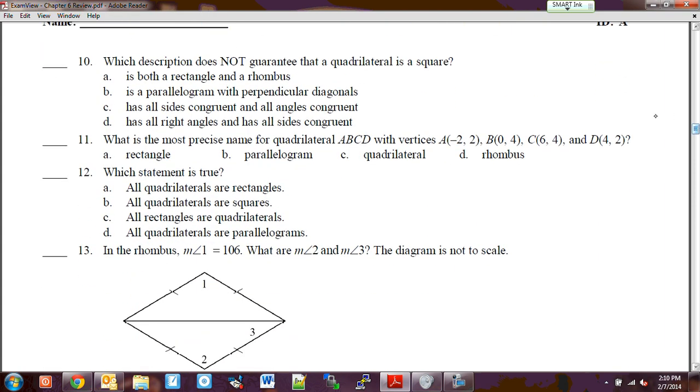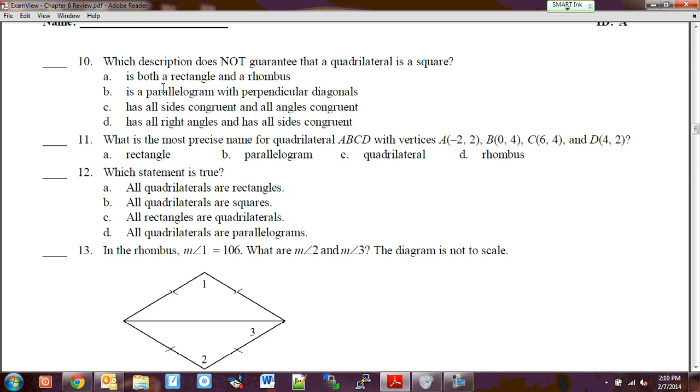Number 10, which description does not guarantee that the quadrilateral is a square? Okay, so the square is both a rectangle and a rhombus. Yep, if it fits into the rectangle category and the rhombus category, that means it's a square. B is a parallelogram with perpendicular diagonals. Now, perpendicular diagonals,